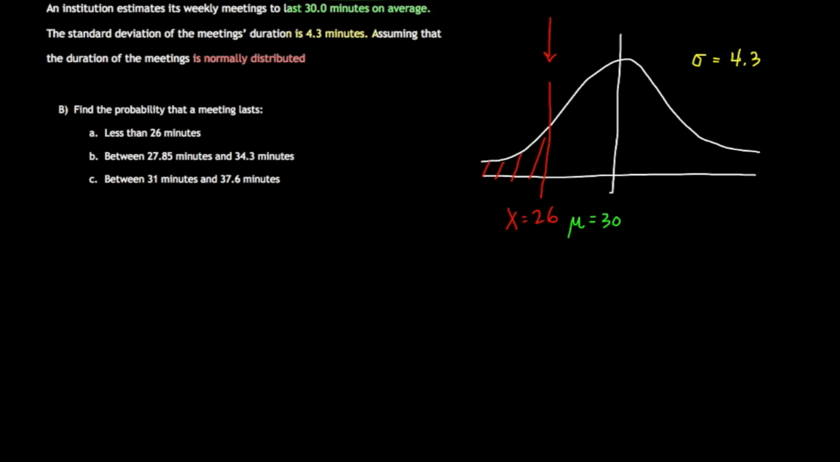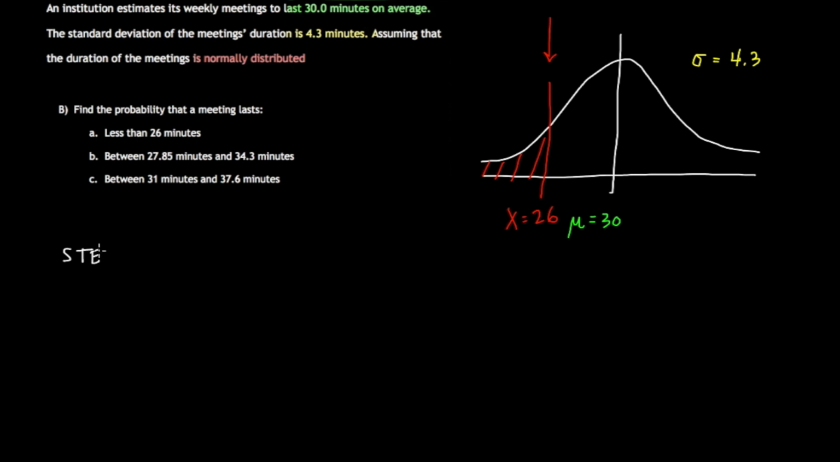So because we want this area right here, how we're going to solve for it, we're going to first find the z-score, which we did in part A, and then once we have our z-scores, we're going to look into our z-table, okay? So let's go ahead and do that first. So step 1,